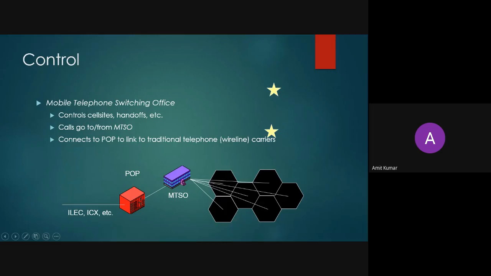Now there are some issues with mobile communication. Mobile communication works on the basic concept of line of sight communication. If your antenna is visible to your mobile station antenna, then only you can communicate. If you are in a jungle, your mobile station is not able to see that antenna, so the signal cannot move from that place to that place. The absorption of wooden things is a little bit higher than concrete, so that's why the problem will be there.